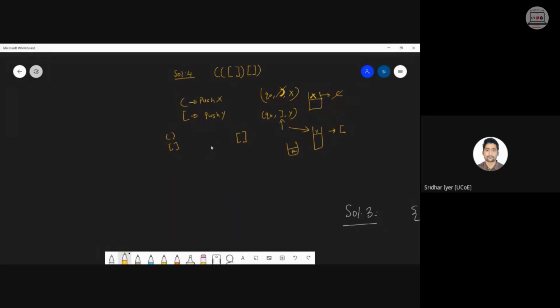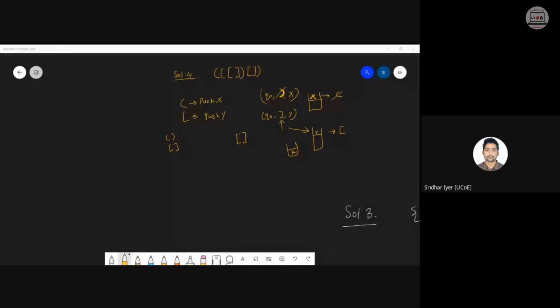Do let me know. Yes, Praful, it can be like that also. This example that you have shown, it could be like that also because it is again well formed. Order does not matter, closing and opening can be in any way. But the thing is, it should start with opening brackets.